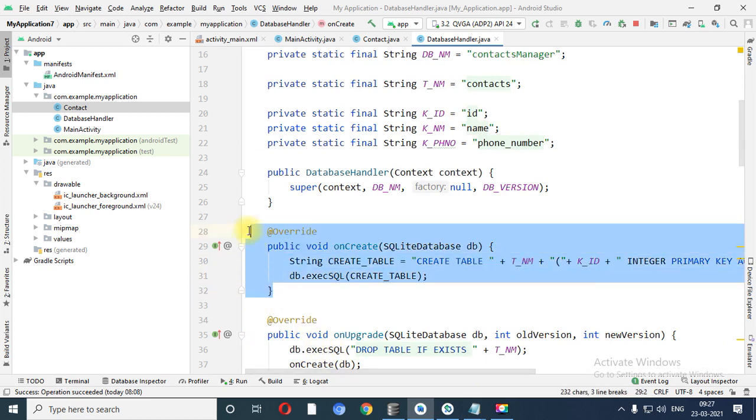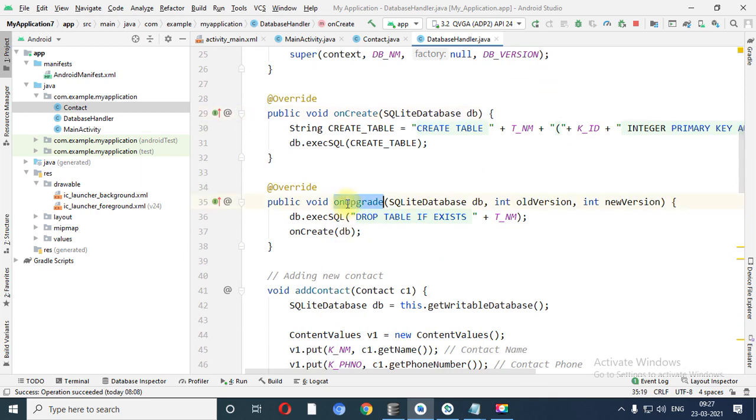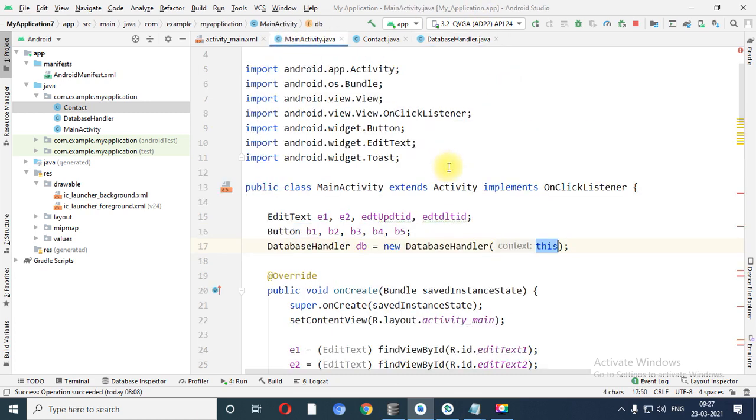So using onCreate, your table is created. Then the onUpgrade event is written, because when you switch from an older version to a new version, first of all you need to drop the older table if it is there in memory, and onCreate will create the database. Right?